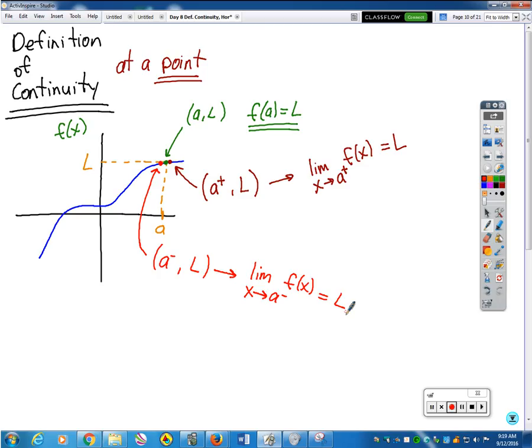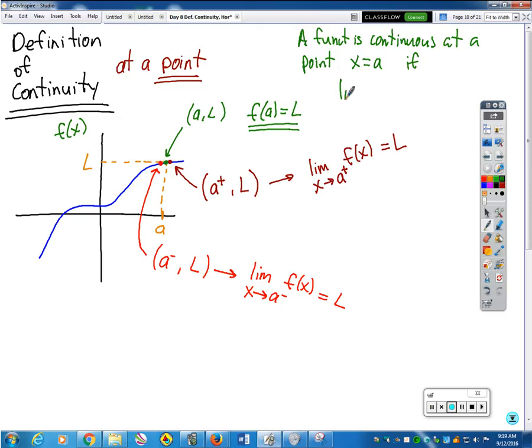Okay. The definition of continuity says the following. It says that a function is continuous at a point, for example, x equals a,